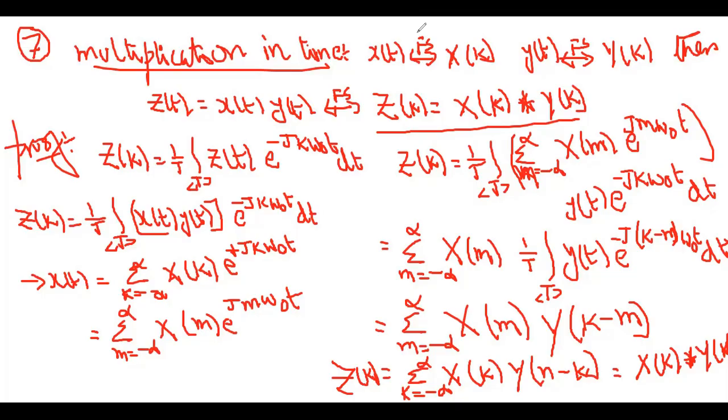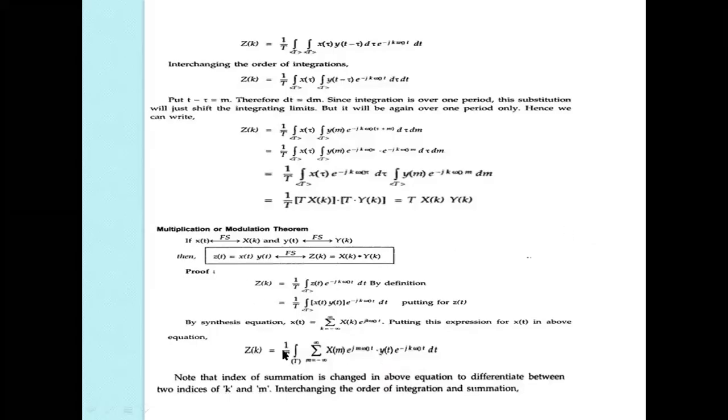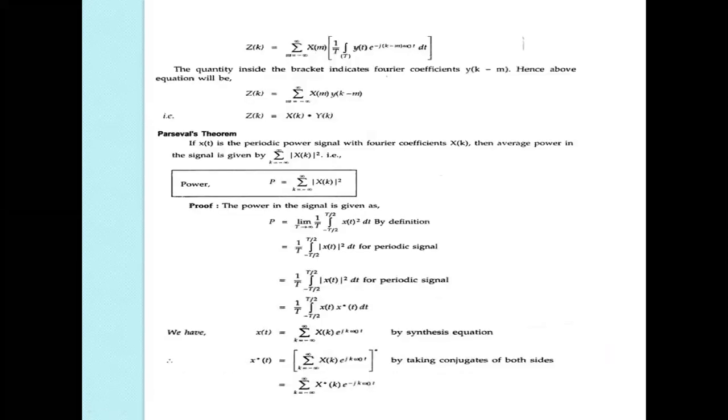Now, the same, interchanging the summation, change the k variable as the m variable. So see, Z of k is equal to the sum of m equal to minus infinity to infinity X of m, Y of k minus m, which is the convolution of X of k with Y of k. Got it, my students? And next property, the eighth property,